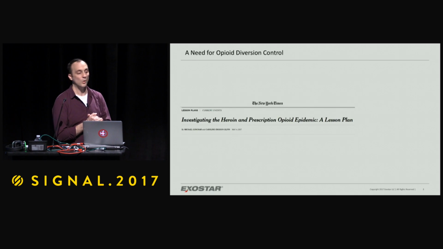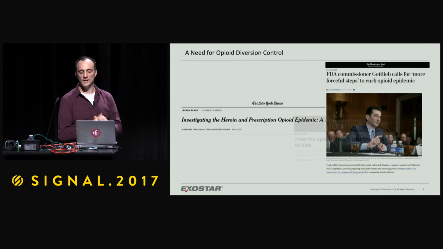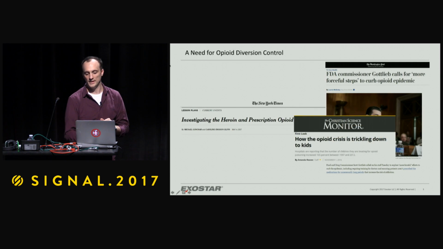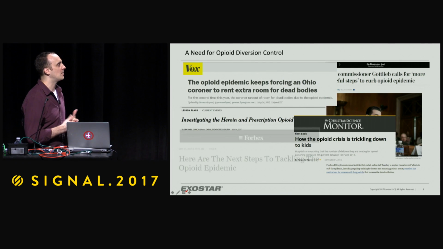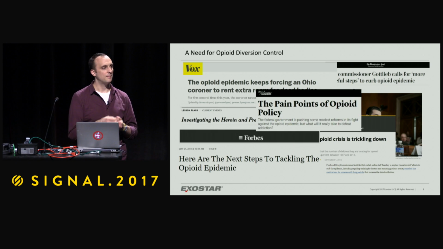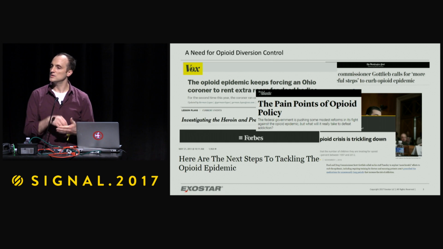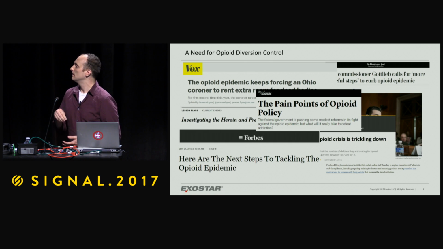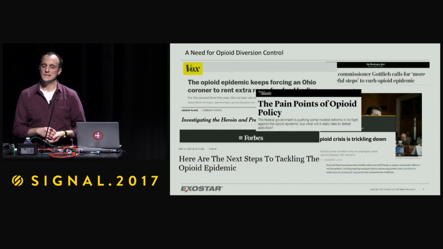Okay, great. Presenter view works well. So, where were we? Basically, I was describing the opioid epidemic, and that it's really become a public health crisis. Obviously, we're here to talk about multi-factor authentication, not about opioid abuse. But like B was saying before I got up here, authentication is typically thought of in the abstract, and so this is a real problem happening today. Real people are being affected by opioid abuse or drug diversion,